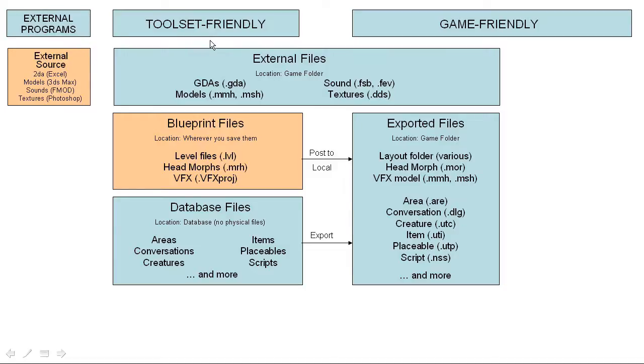In the case of GDAs, these are usually saved as Excel files, which the game doesn't understand, the toolset doesn't understand. Models are often made in things like 3ds Max or other modeling programs and saved in a more comprehensive format than the models here, which are sort of runtime friendly. The same applies to sounds and textures, which will have been made outside of the toolset. And usually it will involve some sort of conversion or processing to get them from the external source into the